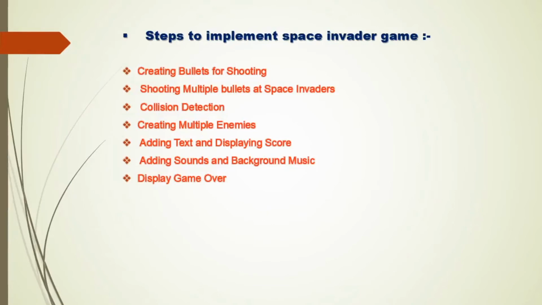Then adding sounds and background music. We added three sounds. First is background sound, it plays continuously in the background. Second sound is shooting a bullet and third is an explosion that is produced when our laser bullet hits the enemy. For this we import mixer from the Pygame library. What is mixer? Mixer is a class that helps us handle all kinds of music inside our game.